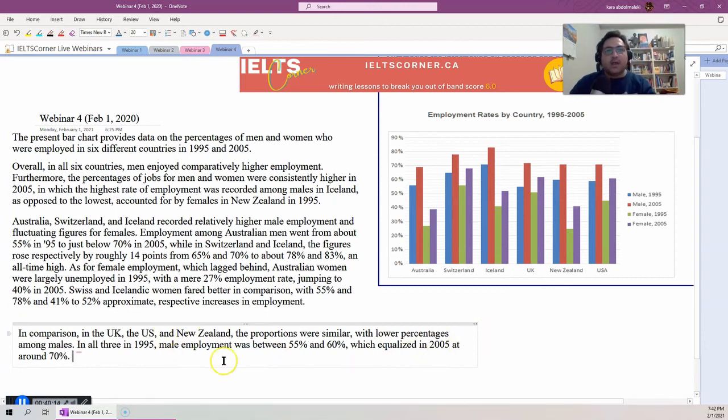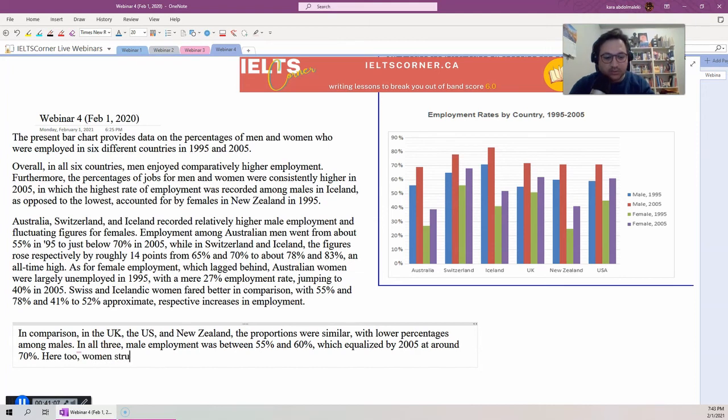Okay. Now here, because I talked about 2005, I can delete this actually. Just saving words here. And I can change this to by to show that that was 1995, this is 2005. That by will show that continuity. Instead of in, I made it by, which shows progression of time at around 70%. Okay, now here too, when I say here too, it means I'm comparing these percentages and these numbers with the previous paragraph. So that's another very good way to create cohesion.